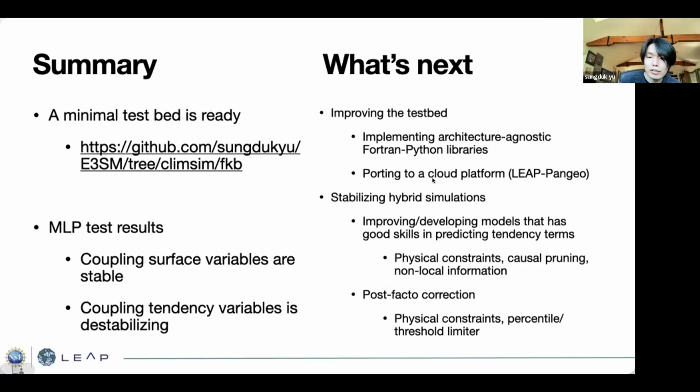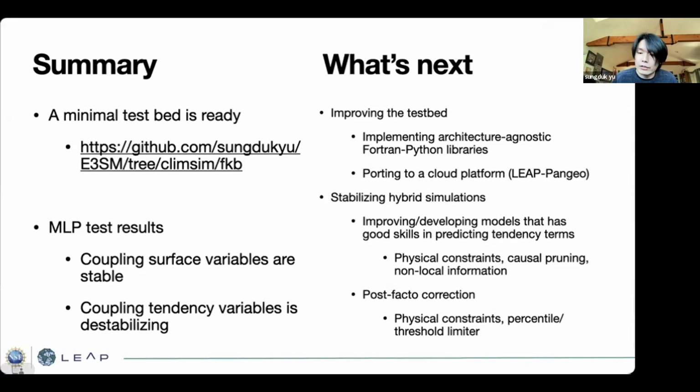And yeah, the porting to cloud platform, I think this is very doable because I personally have run the CSM on the Amazon cloud using like 2 nodes. So I think possibly we can start to work on not containerizing, but like porting to your cloud platform. And then another thing, even without the test bed, we can try to improve